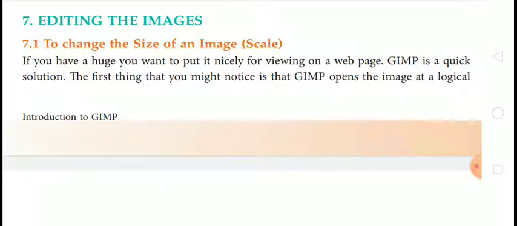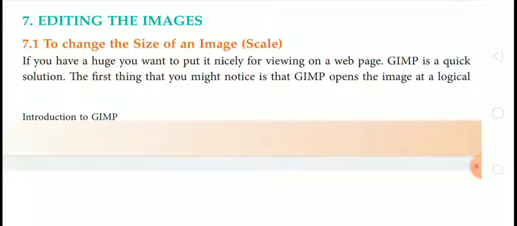The first thing that you might notice is that GIMP opens the image at a logical size. Means if you want to reduce the size of the image which you want to see nicely on a web page, you can use this option.